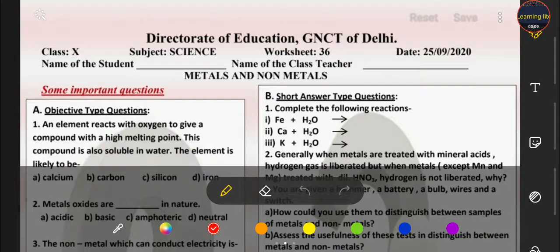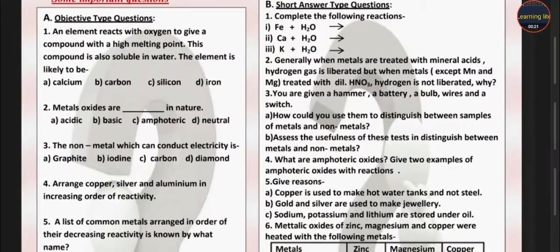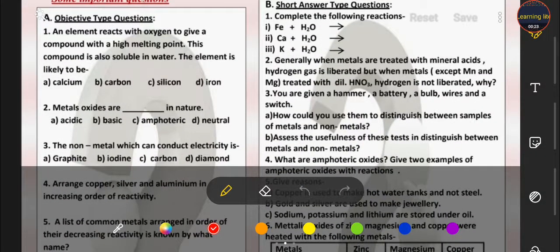बेटा मेटल एंड नॉन मेटल चैप्टर आपका कंप्लीट हो चुका है। आज हम इसके कुछ प्रैक्टिस क्वेश्चन करने जा रहे हैं। देखते हैं आपको कितनी वर्कशीट अच्छे से समझ आई हैं। तो चलिए सबसे पहले हम करेंगे ऑब्जेक्टिव क्वेश्चन। फर्स्ट क्वेश्चन इज हियर स्टूडेंट्स, an element reacts with oxygen to give a compound with a high melting